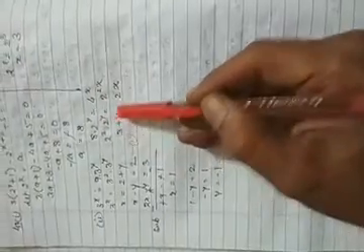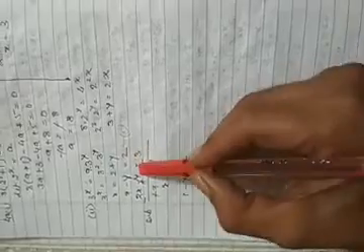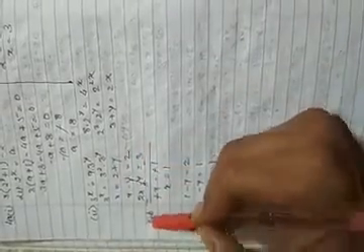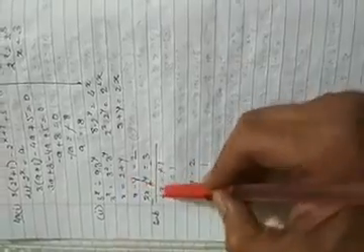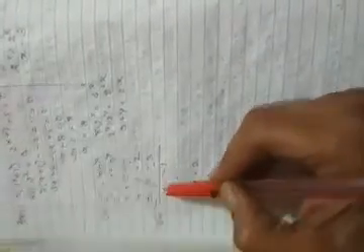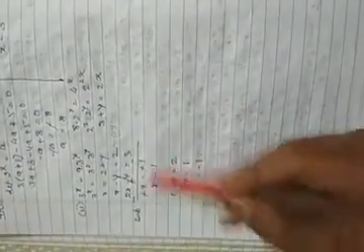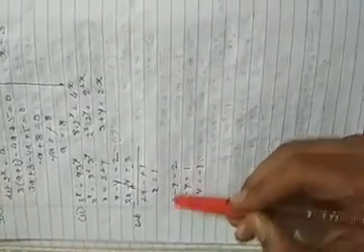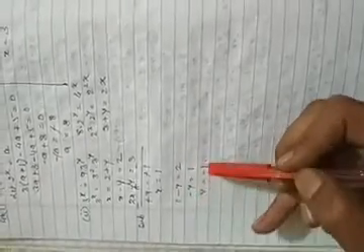Again I have just compared the exponent. I got 3 plus y is equals to 2x. So I can write 2x minus y is equals to 3. Subtracting, change the sign of the values. So y will cancel out. You will be having minus x is equals to minus 1. So x is equals to 1. Put the value of x in equation number 1. So I got 1 minus y is equals to 2. So minus y is equals to 1. So y is equals to minus 1 is your answer.